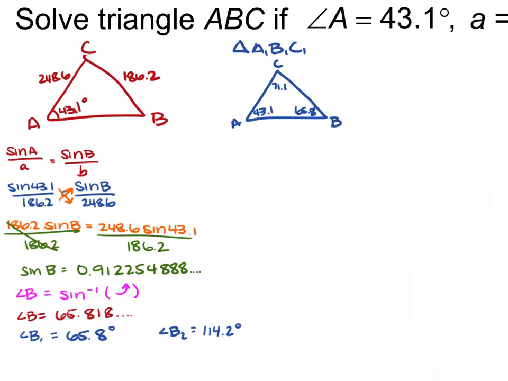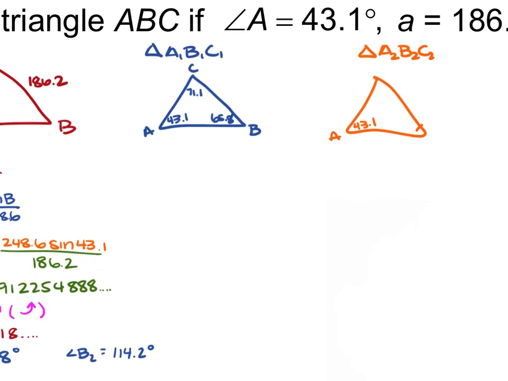You're also going to have another triangle. We're going to label this one A2, B2, C2. We're going to have an A that's the same, so 43.1. Now, we said that B2 is going to be 114.2. So this angle B is going to be 114.2 degrees. So angle C is going to be 180 minus 114.2 minus 43.1 degrees, which is